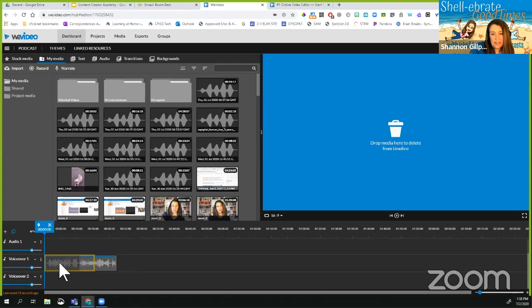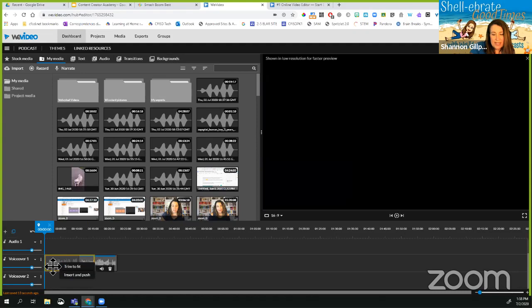Now, when it turns yellow like this, it's going to give me some options. It's telling me I can either trim to fit, which means it's going to cut it down and fit it in that place, or I can insert and push. Insert and push means that it's going to put it in that space and push that other thing over so that it all fits in there. So that's what I chose. So now I have our intro, and then it goes into our